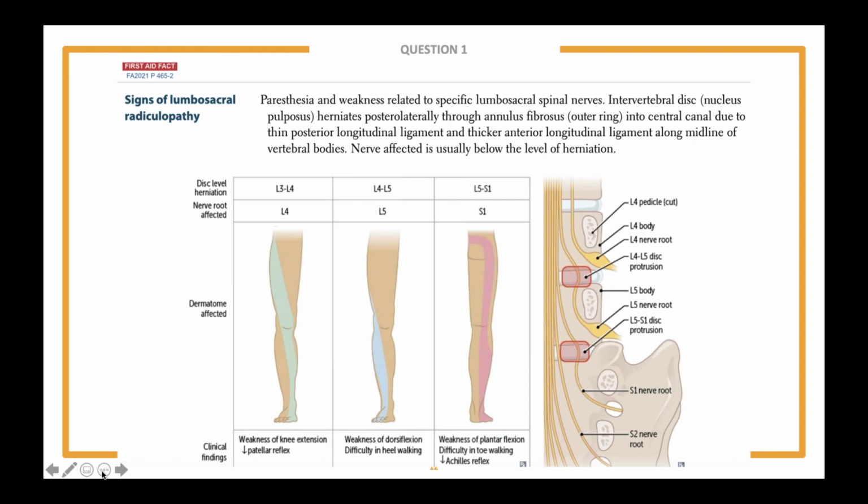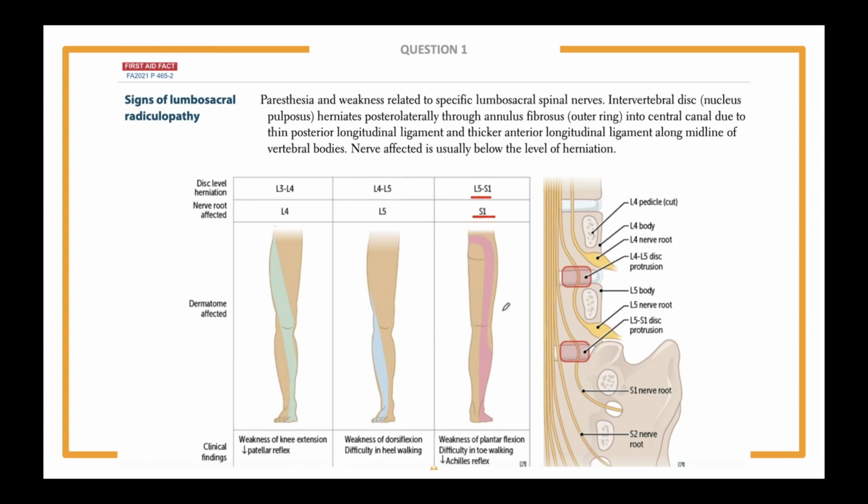So this patient likely has an S1 nerve root radiculopathy, okay? And that's usually because of a herniation of L5-S1. Patients with this will have decreased sensation of the posterior leg and the lateral foot. And remember, our patient had that lateral foot issue. They'll also have a diminished Achilles reflex, as you can see there in the clinical findings at the bottom. And then also, you can see there that there is weakness of plantar flexion. So that's why answer choice D was the best answer, because this patient can also have weakness of plantar flexion,